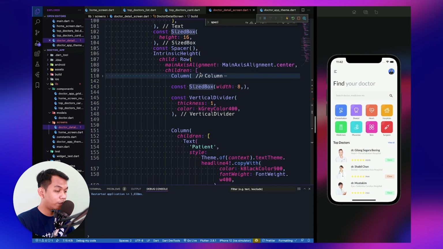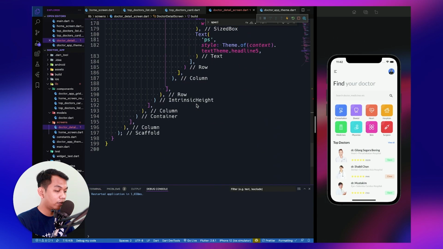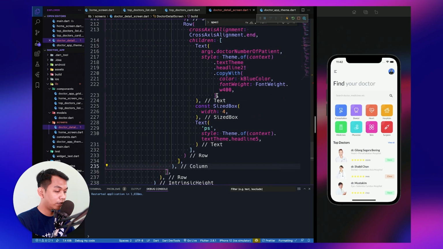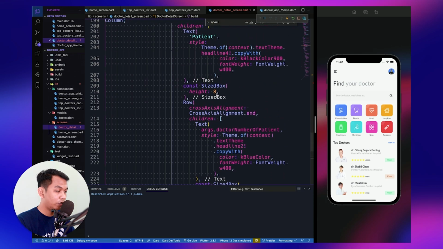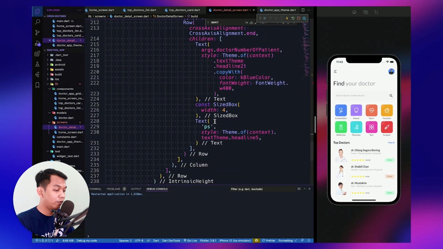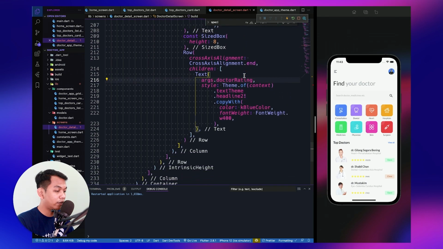And maybe we can copy again like a size box and vertical divider. So here, and then copy again our column, paste here, and we need to change to rating. And we want to remove this, so remove this size box and text, and we say rating right here and look like this.